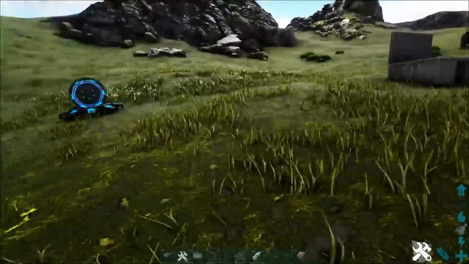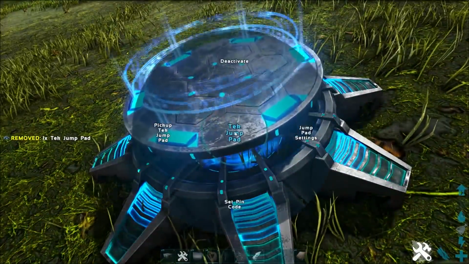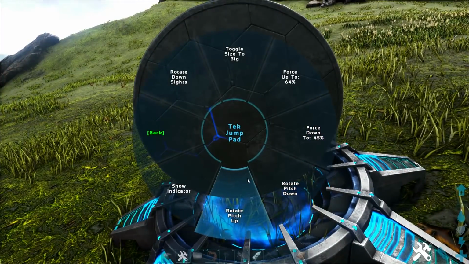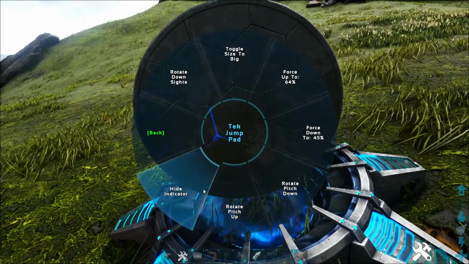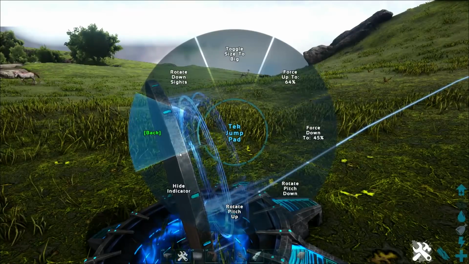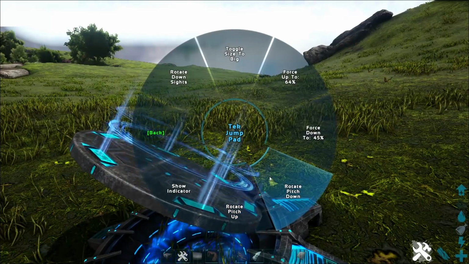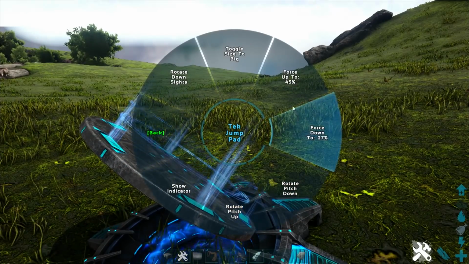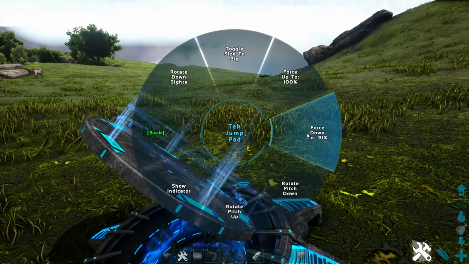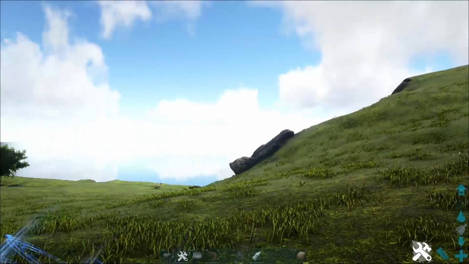I can think of. Whereas if you can set like a couple of these up, like for example, if we set a second one up and we go jump pad settings, we go rotate down sights, you can then rotate it. So if we go rotate pitch up, you can see that it actually has the indicator as well to where you will be going. So if we do that, you can see you actually launch differently. And if we go force up to and force to down, increase the distance you will go. So if we show indicator, you'll see that this is going to send us